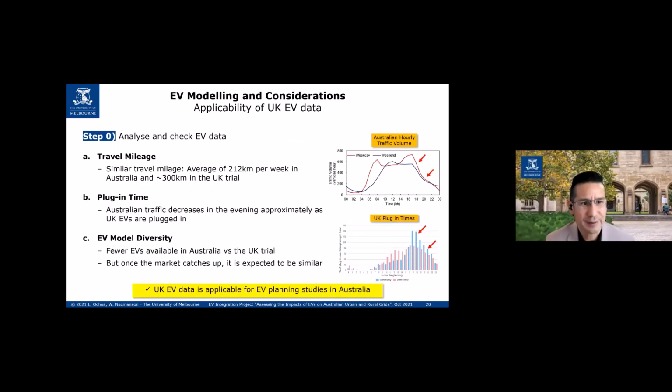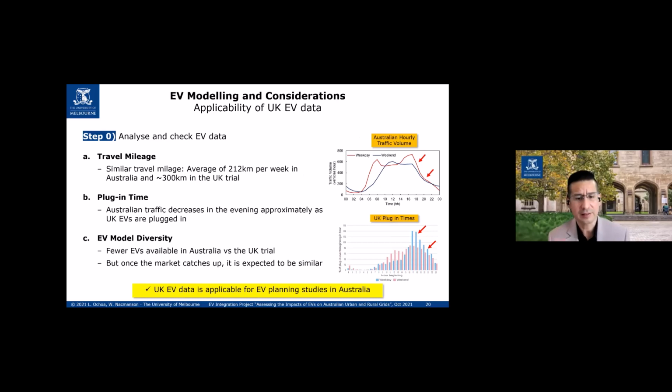So the first step here is, as I was saying earlier, this is data from the UK. Is it applicable to Australia? It would be the first question, which is a very fair question to make. After analyzing it, it is largely applicable. What was that decision based on? Well, first of all, there's not much data around, so we need to use something. And this data is extremely rich and very real.